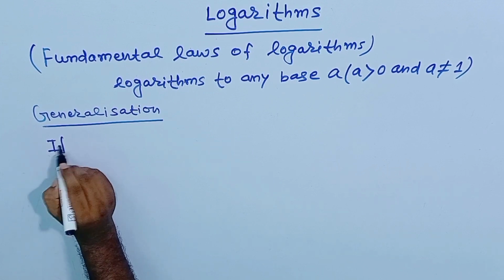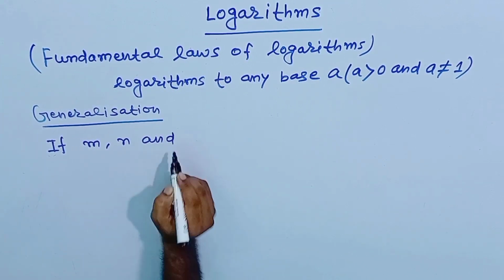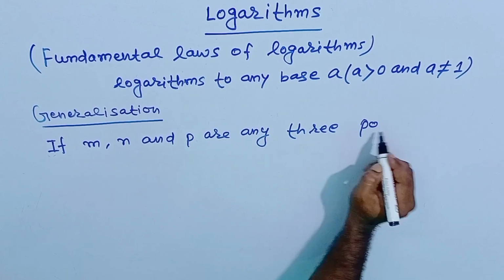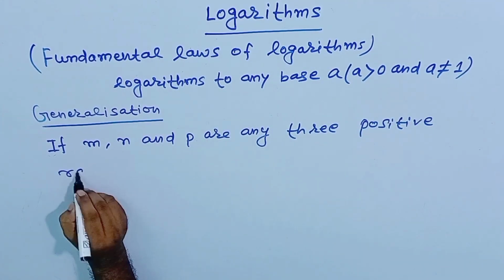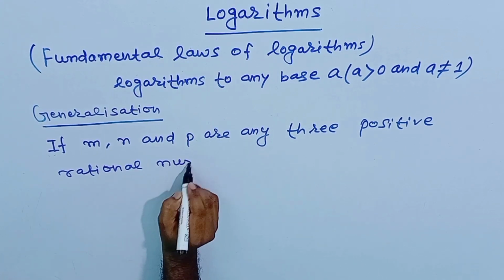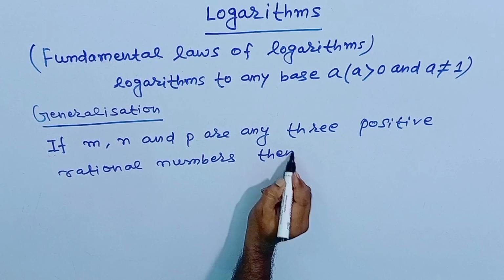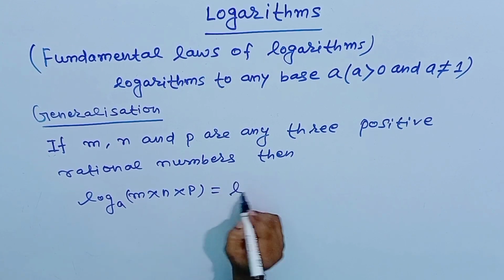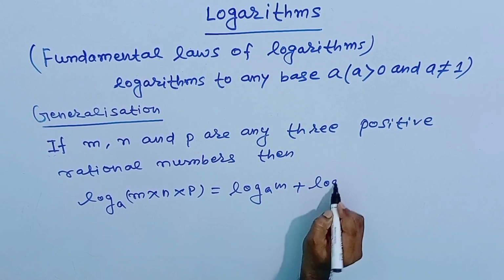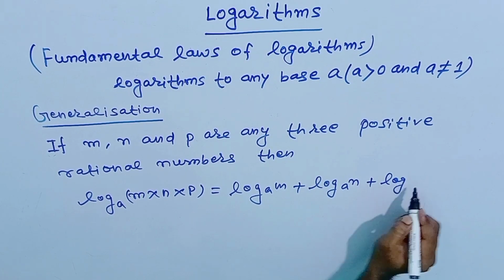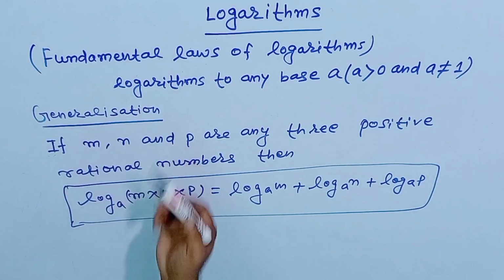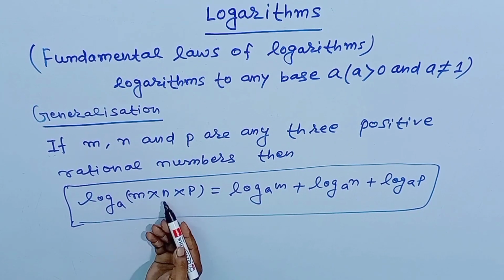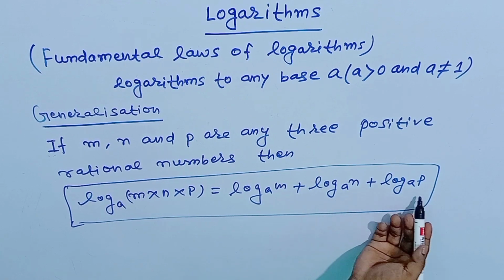सो यदि हम फर्स्ट लॉ का जनरलाइजेशन करना चाहें, सो हम लिख सकते हैं if m, n and p are any three positive rational numbers, then logarithm of m into n into p to the base a will be equal to logarithm of m to the base a plus logarithm of n to the base a plus logarithm of p to the base a होगा। सो if m, n and p are any three positive rational numbers, then logarithm of m into n into p will be equal to log of m plus log of n plus log of p।